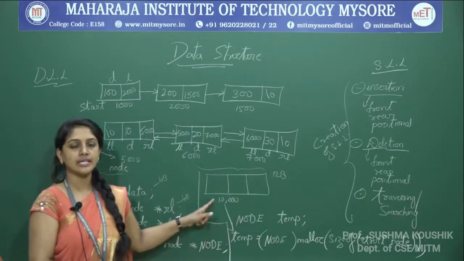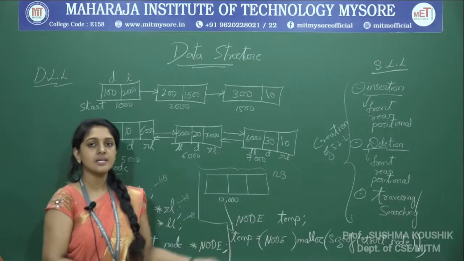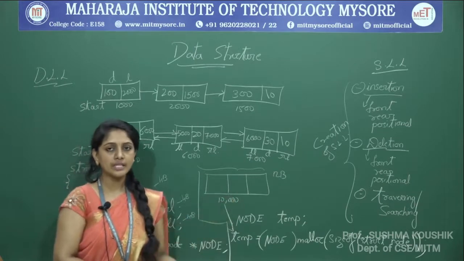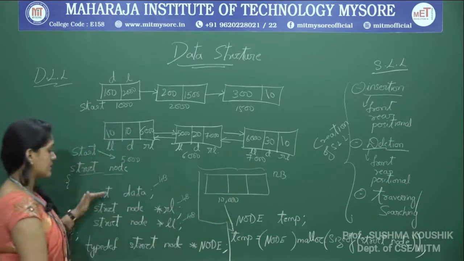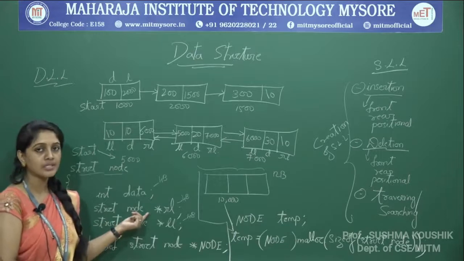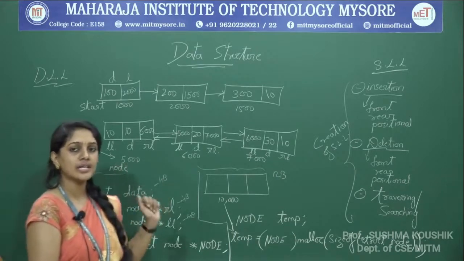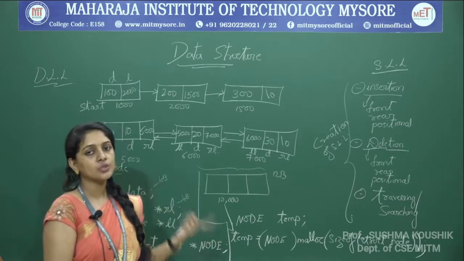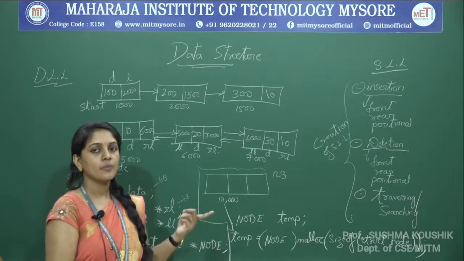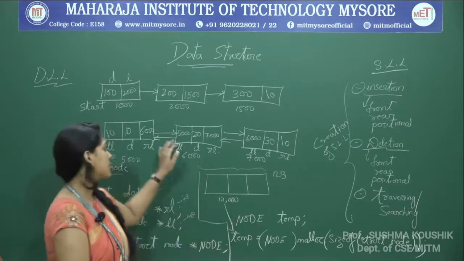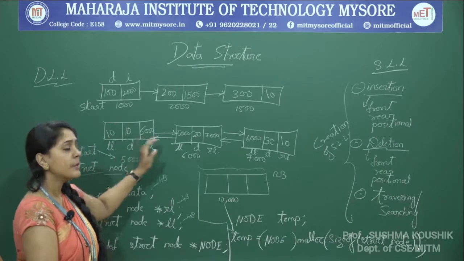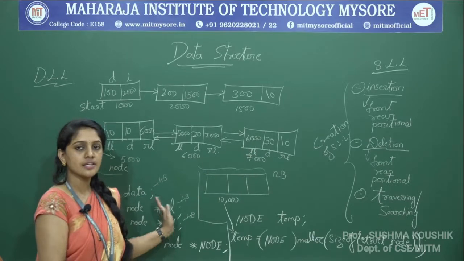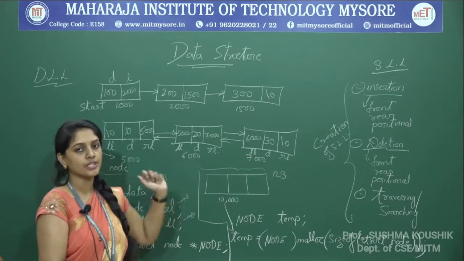This is how we are creating, on similar lines to the singly linked list, a new node even for the doubly linked list. The only difference is that in the singly linked list, inside the structure we had only one pointer because it was traversing in only one direction. Now, in the doubly linked list we will have one data field and two minimum link fields, one which will traverse on the right side and the other one which can traverse on the left side. This data field can have any number of data fields. As we know, since it is a structure, it can hold either integers, strings or floating points.